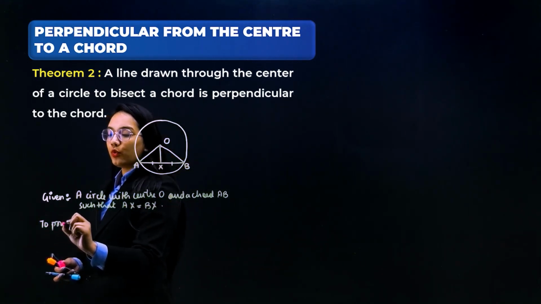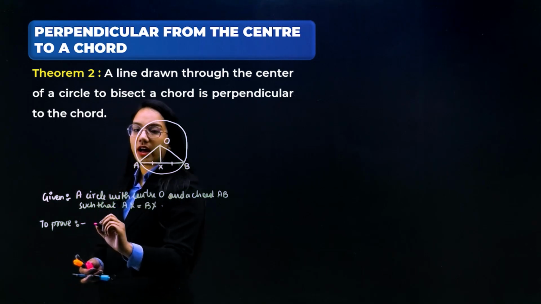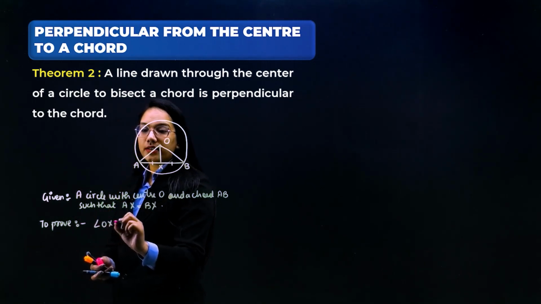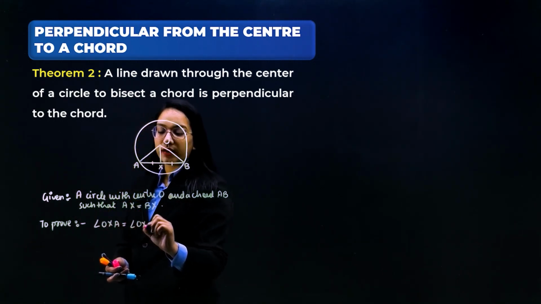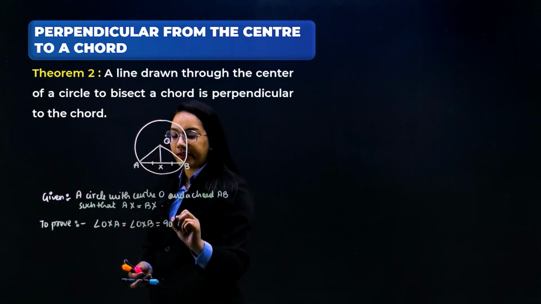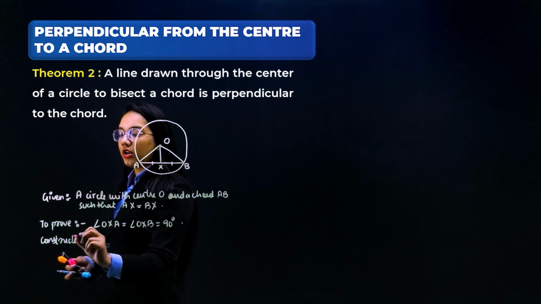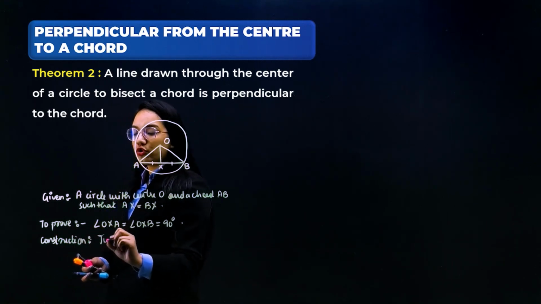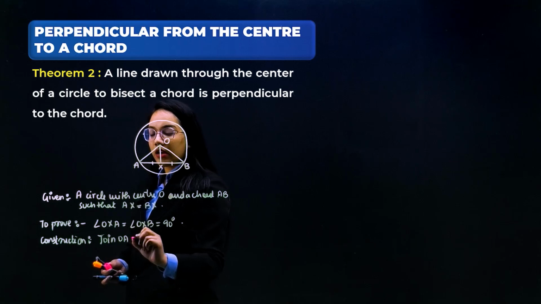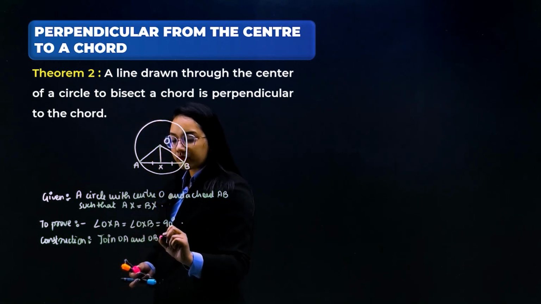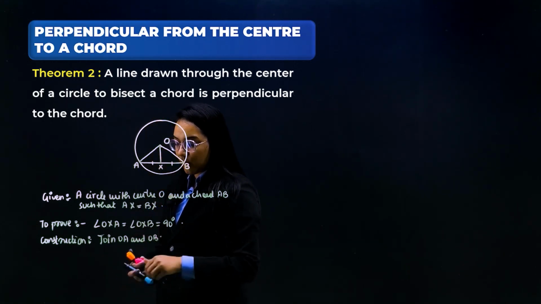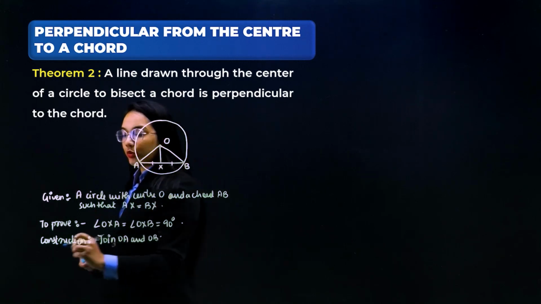Now what we have to prove over here is that the angle OXA is equal to the angle OXB, which is equal to 90 degrees. Now let's write the construction, and the construction is just to join OA and OB. Now let's move on further towards the proof. So the proof would be like